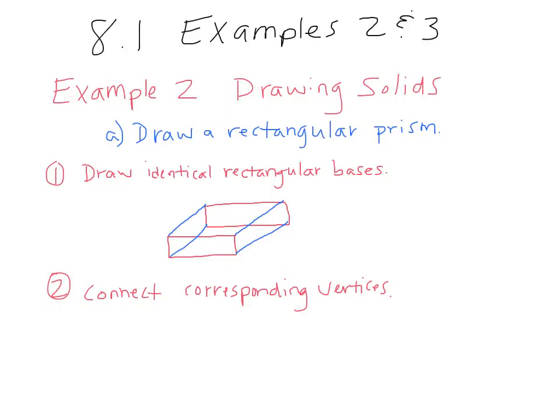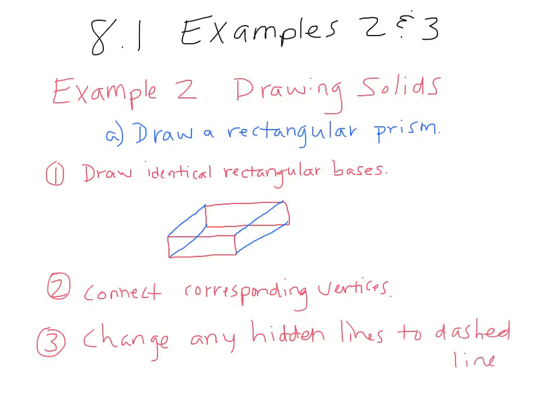And then my step 3, and my final one, is to change any hidden lines to dashed lines. Sorry, I'm trying to write fast because I can't stop recording when I do erasing. You'll see in a second. So what I'm going to do with my eraser tool on here, but you're going to actually erase it with your pencil, is erase these back lines here because these are technically the lines that you can't see. Okay? So these back lines will become